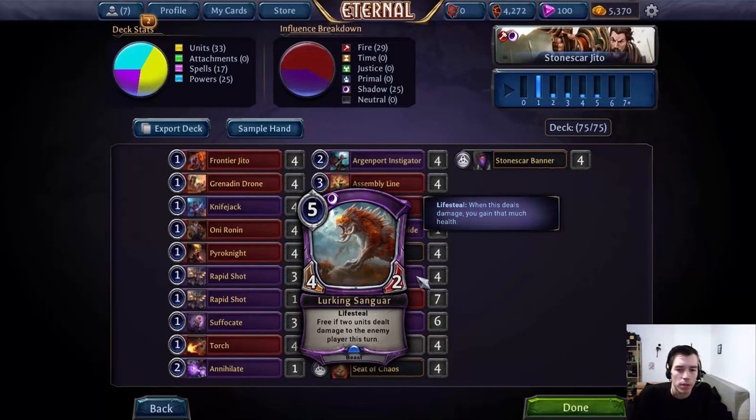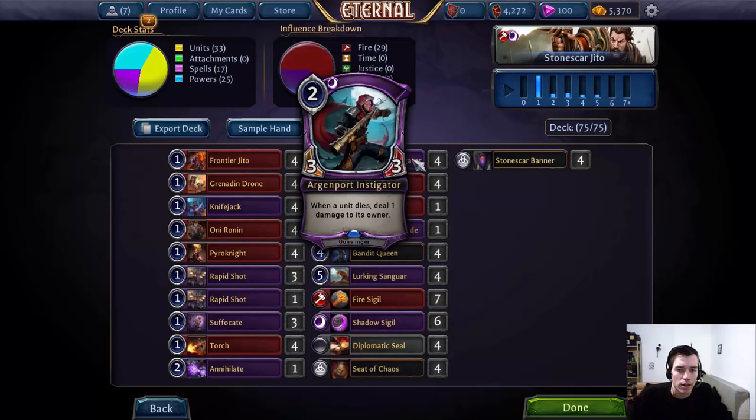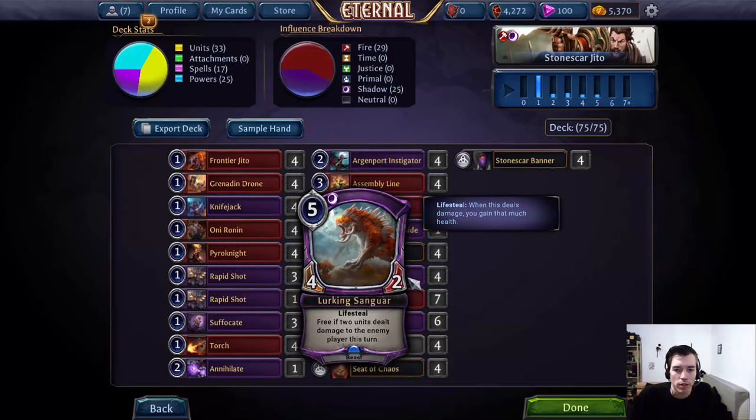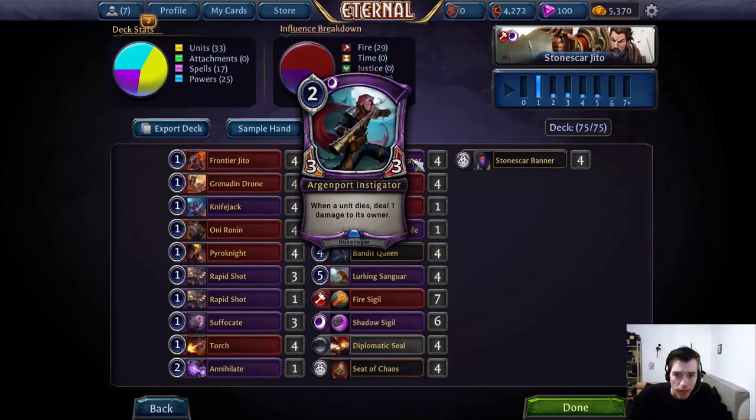But I think it should be, because that also would mean that there are situations where you have an Instigator in play and 2 removal, you kill 2 opposing units, play your Sanguar pre-combat, and if you have a Jito, because it has 0 cost for the turn, it will get charged from the Jito, and you can charge with a free Sanguar on turn 3. That's like living the dream. But yeah, all in all,